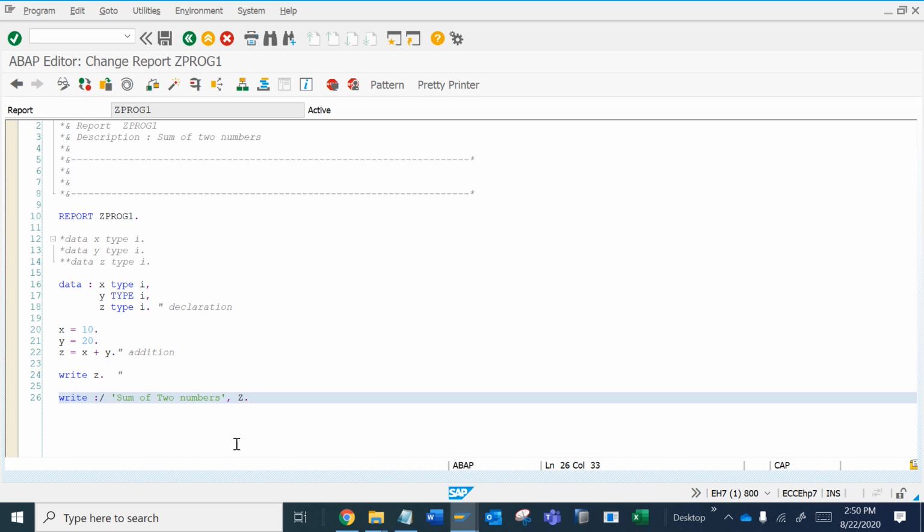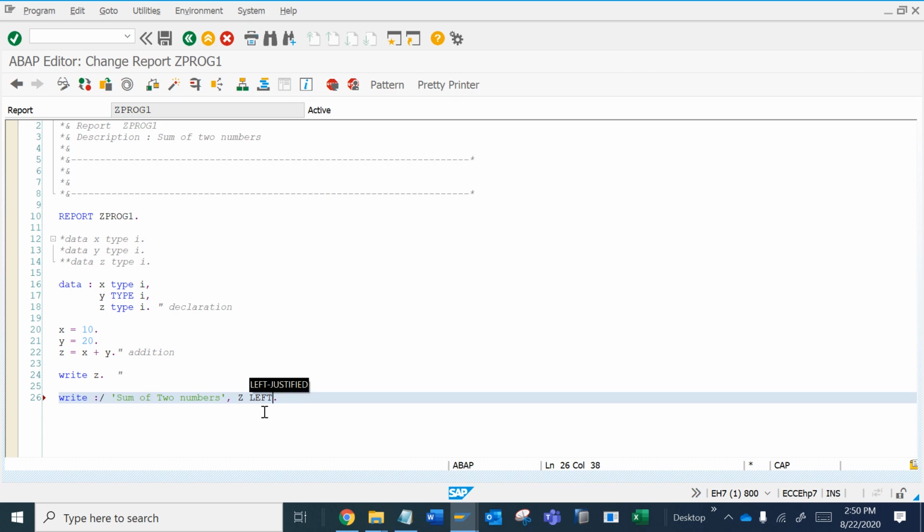ABAP also gave some keywords for that. Let's suppose you want to make this right justified or left justified. We have a keyword. I just type L and it gives me some tooltip or code suggestion, and then we can press tab.